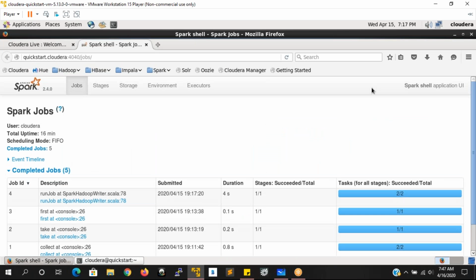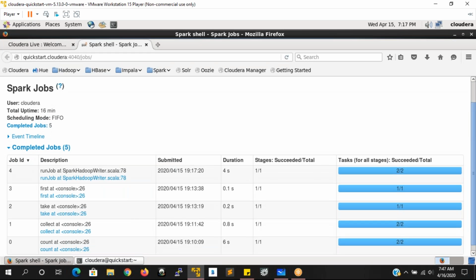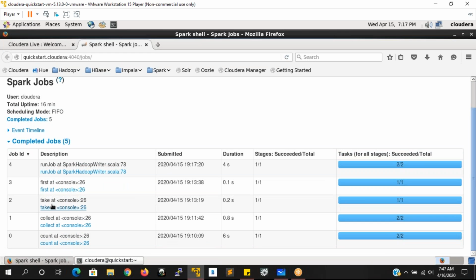Here you can see runJob at SparkHadoopWriter.scala. You can observe count, collect, take, first. These are all the actions that we have executed. And this is also one of the actions I have executed, but it is running a job at SparkHadoopWriter.scala. Why? Because we are writing the data into your HDFS location.